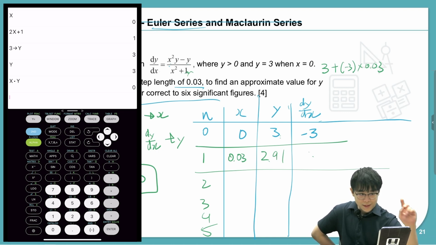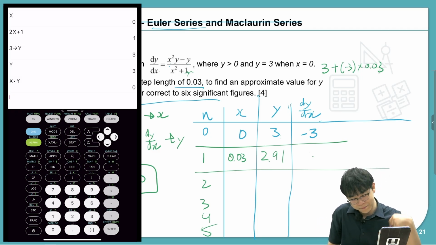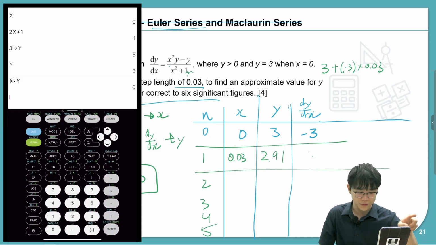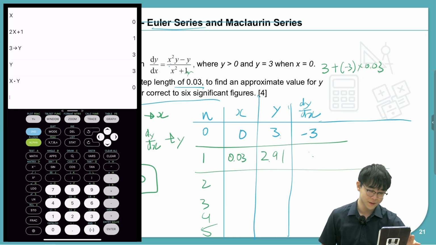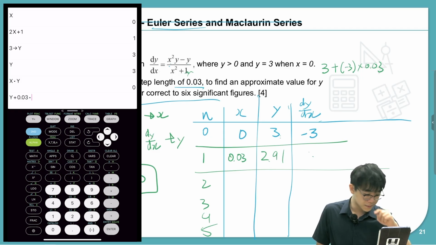But what I'm going to do is I'm going to use x in the definition of x, right? So I'm going to use like this recursive definition. So I'm going to update the value of x by taking the current value of x and adding a certain number to it, right? But first, let me update my y. So I'm going to update my y by taking the current value of y, and I'm going to add to it the step size times